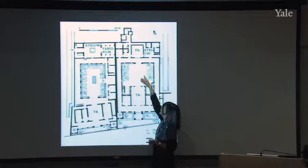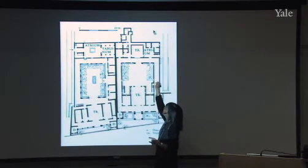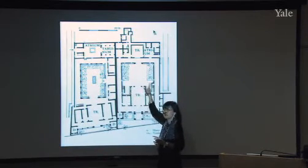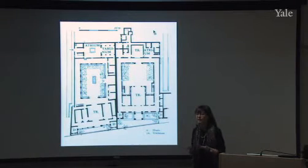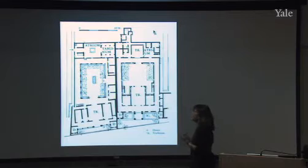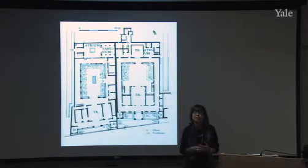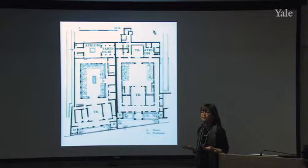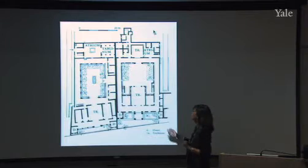So they're almost talking to one another. There's a kind of dialogue, an architectural dialogue between that smaller triclinium and this larger triclinium across an open courtyard. Of course, an open courtyard. So here we see again the triclinium beginning to emerge as the single most important room in the house, which obviously signals what's going on in these houses, that people are beginning to use them even more than they did before, not only as places of business, but as places to enjoy fabulous dinner parties,